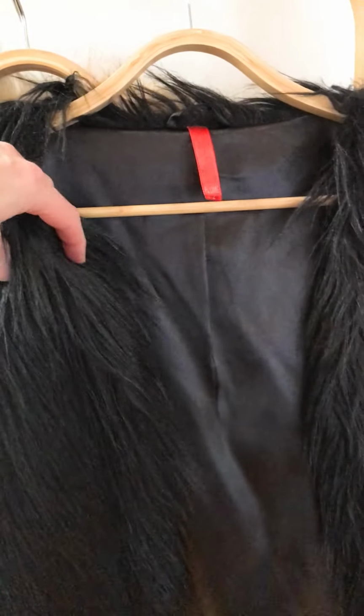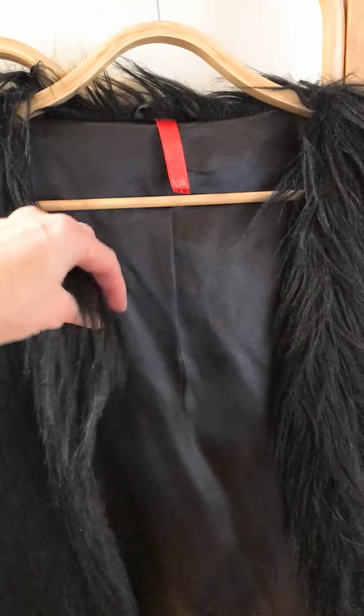And the other cool thing you can do is instead of wearing it round necked like this, you can just simply tuck in either side of the neckline and you get a beautiful V-neck if that suits your bust or body shape better. Then underneath that, I